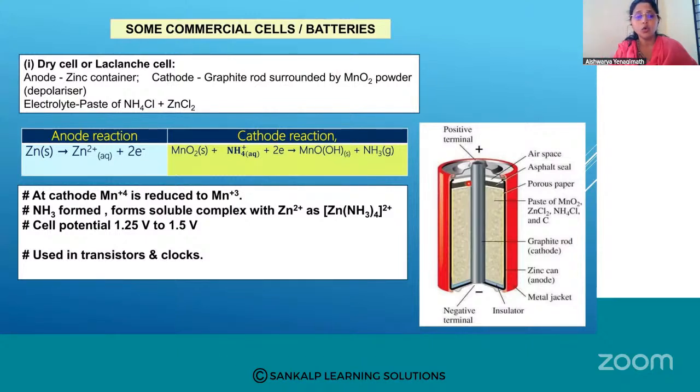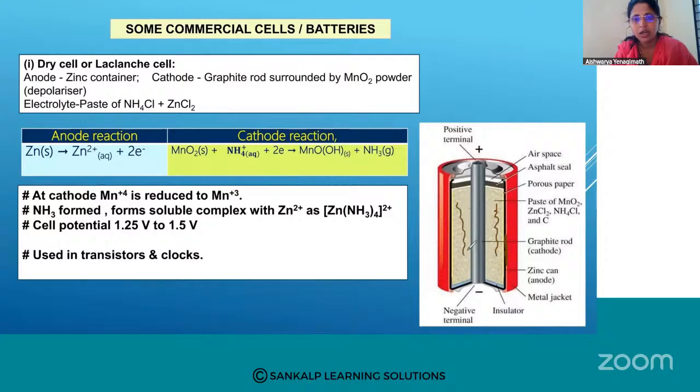Okay, fine. So you can see here the anode consists of a zinc container. This container that you are seeing, this particular container, is my anode. And a graphite rod surrounded by powdered MnO2 and carbon. Let me show it like this. This is the zinc, this is the zinc rod, this acts as the anode. And the graphite rod that you are seeing here, which is surrounded by